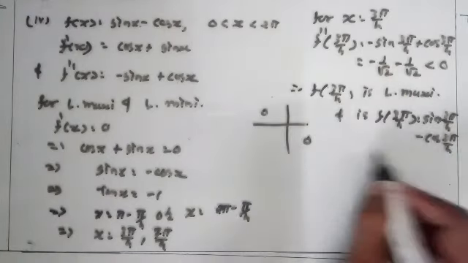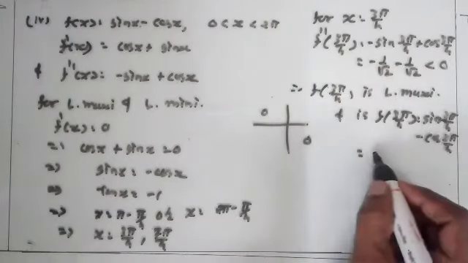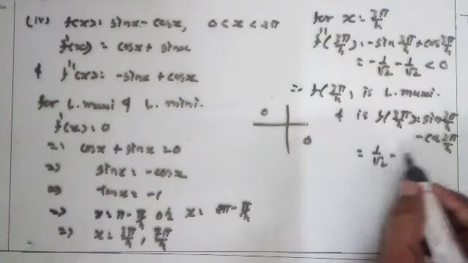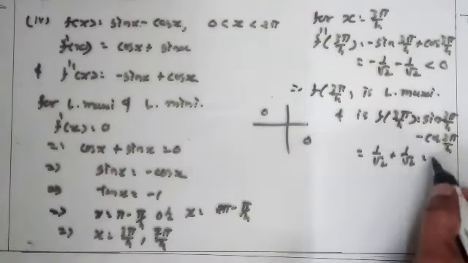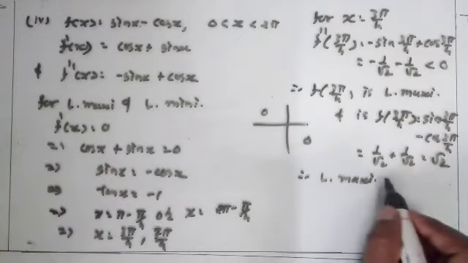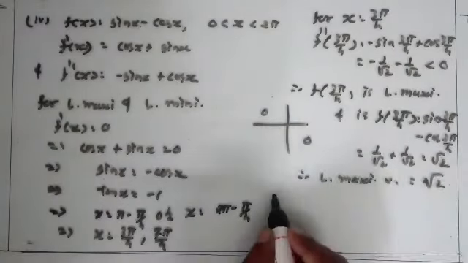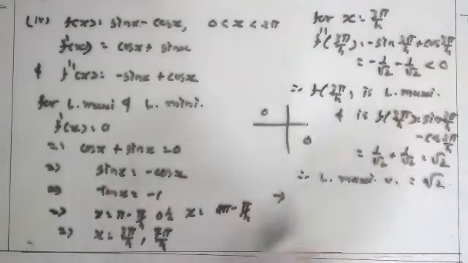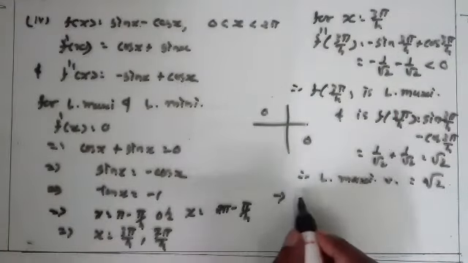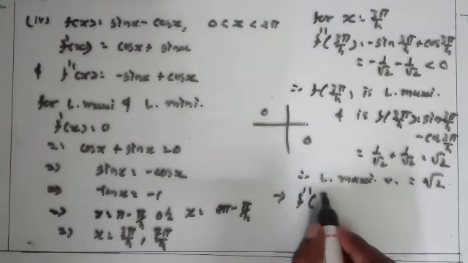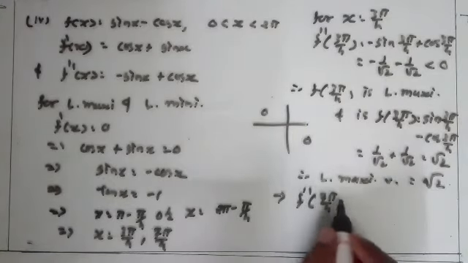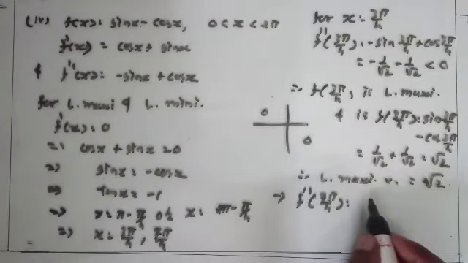Clear? So this becomes 1/√2 plus 1/√2, so it is equal to √2. So the local maximum value is equal to √2. Clear? Similarly, check for 7π/4. f double dash 7π/4 is equal to, in the second derivative,